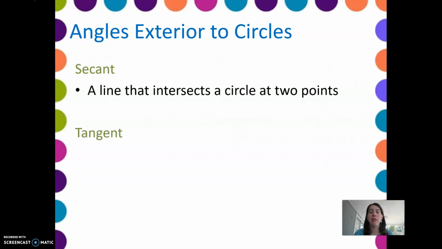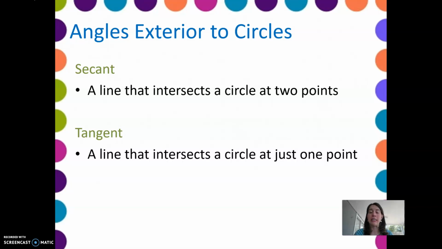The second kind of line that we have in regard to our circles was called a tangent. So what did it mean that a line was tangent? That just meant it touched the circle once. The tangent line stayed completely on the outside of the circle. It just came by, grazed by the circle, and then kept going. Our secant and our tangent lines are the two different kinds of lines that will be intersecting in our lesson,